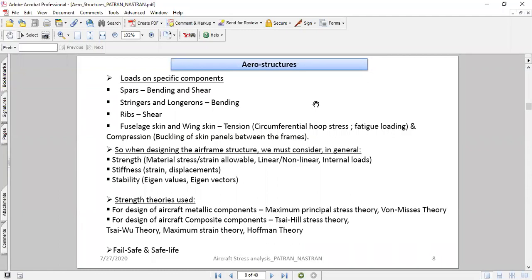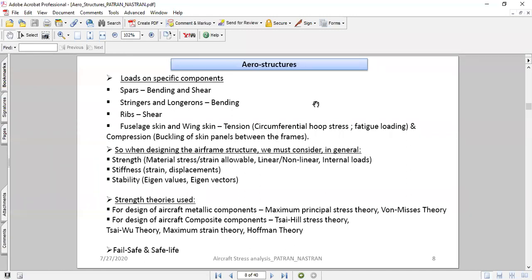So whenever you're designing an airframe or aircraft structure, there are primarily three things that we need to consider. One is strength, which includes the stress-strain allowables, material Hooke's law primarily, whether it is linear or non-linear, whether the stresses are within the linear elastic region or go to the non-elastic, non-linear region.